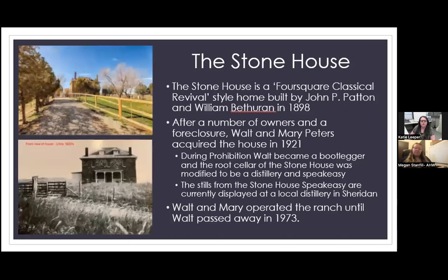All right. The Stone House is a four-square Classical Revival style home built by John P. Patton and William Betheran in 1898. The land around the home was used as rangeland and continues that use today. After a number of owners and a foreclosure, Walt and Mary Peters acquired the house in 1921. During Prohibition, Walt became a bootlegger, and the root cellar of the stone house was modified to be a distillery and speakeasy. The stills from the Stonehouse Speakeasy are currently displayed in a local distillery in Sheridan,